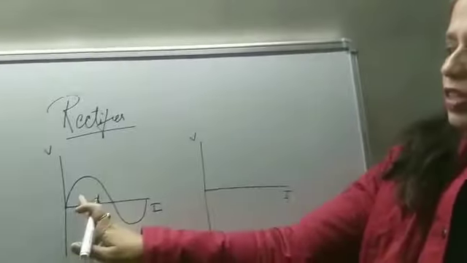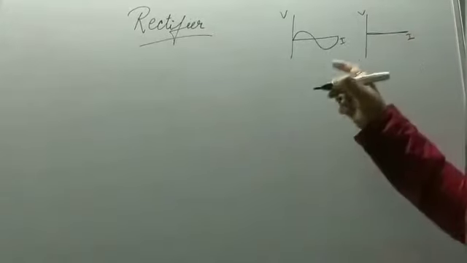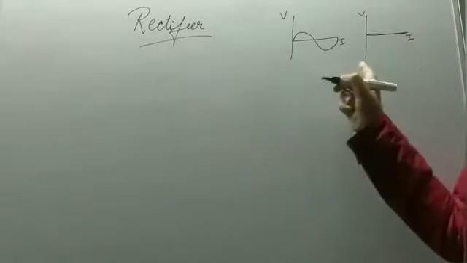All of us know about forward bias and reverse bias in a PN junction diode. Now, let us see these two diagrams. Can you differentiate between these two currents? Yes, this is alternating current and this is direct current. Everywhere we are using alternating current only.